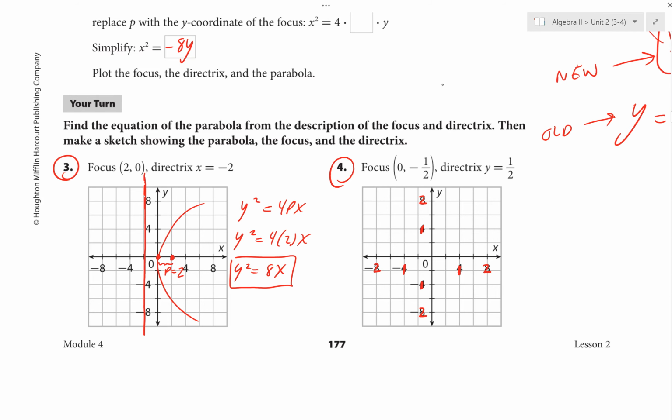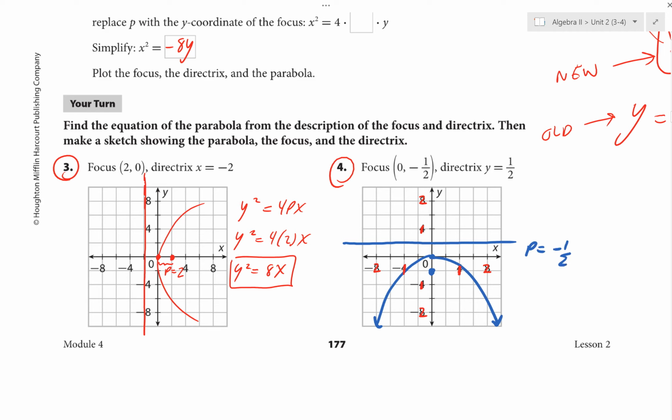And so our focus is at 0, negative 1/2, which would be here. Our directrix is at y equals 1/2, which would be like that. And our parabola vertex is halfway between those two and wraps around its focus and goes away from the directrix. And so we see that now that p equals